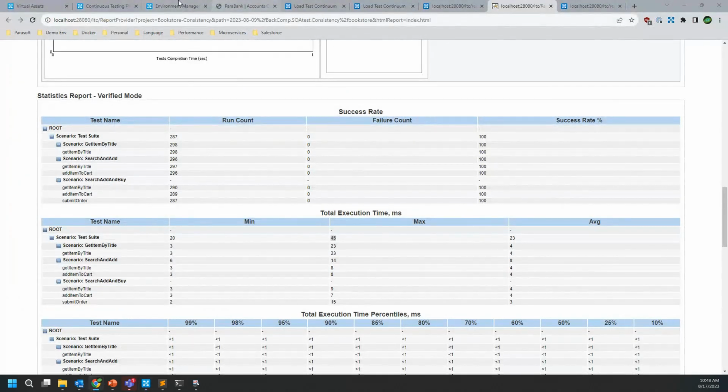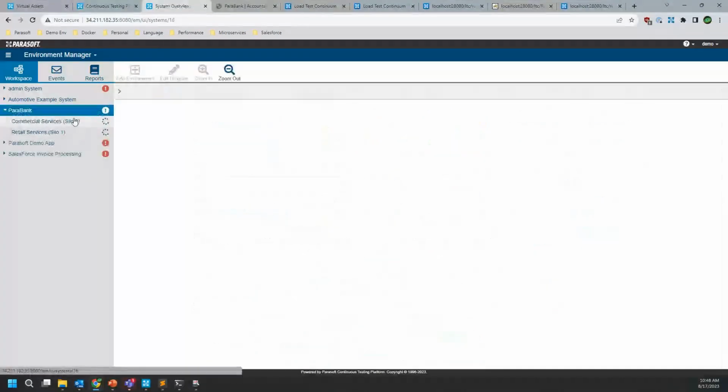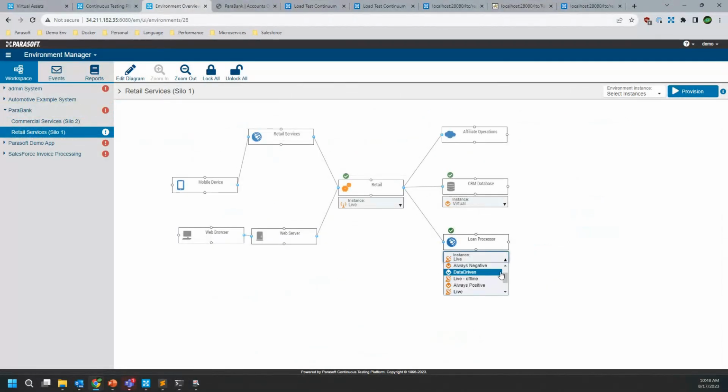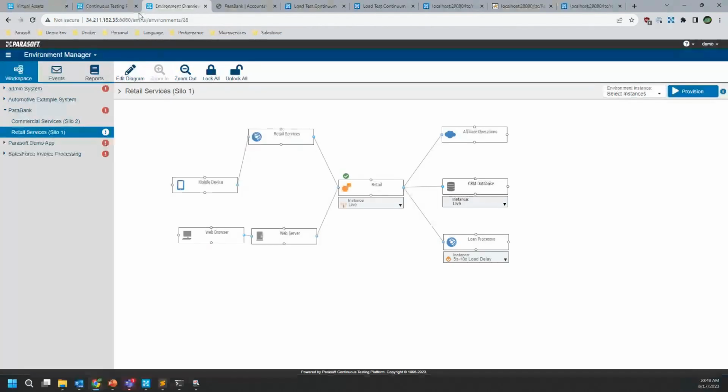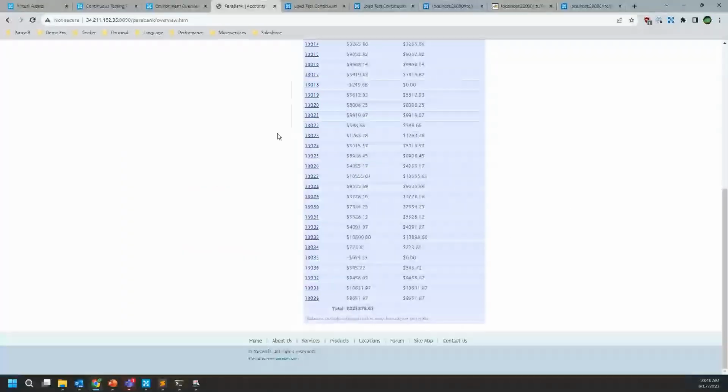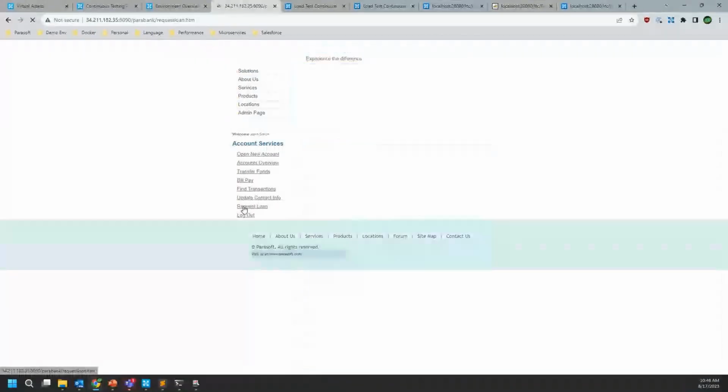And so how that looks within our environment, right? We can just go ahead and navigate back to our Environment Manager here, where we're setting various states for our application. We can go ahead and add a load delay. We'll do a random anywhere from 5 to 10-second load delay. We'll actually go ahead and switch our database here to live again. Let's go ahead and refresh this page. There it is. And actually, let's go ahead and also set this here. Great. So now if I navigate back to ParaBank here and request a loan,